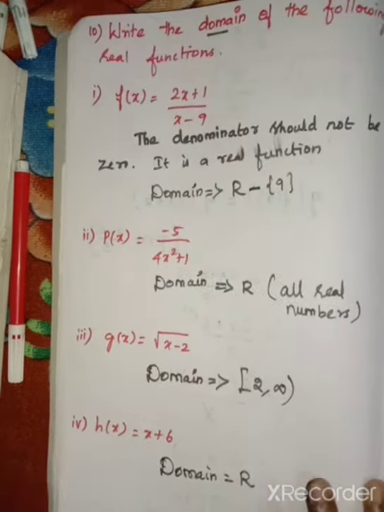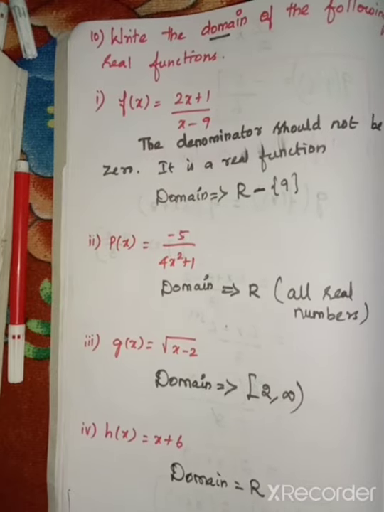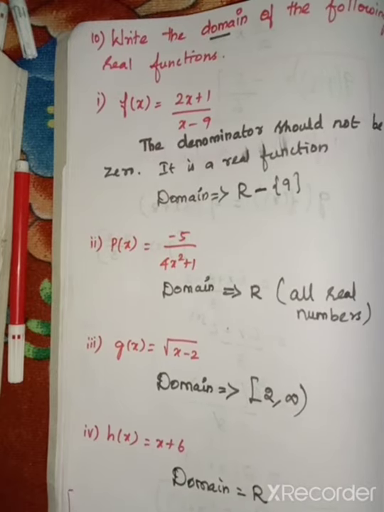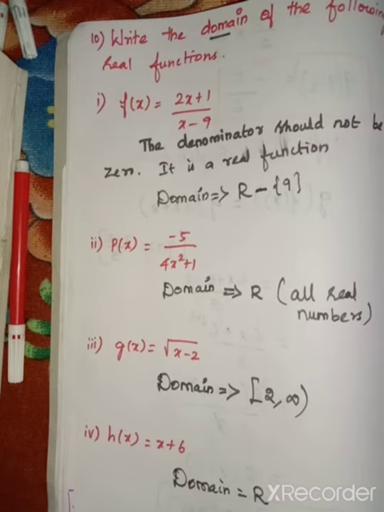Again I repeat, only when it is in the denominator do you check that it should not be 0. If the denominator becomes 0, then it is not a function. So in the first subdivision, if we put 9, we get 0. So we can omit that. So except 9, all are real numbers for the first subdivision. For the second one, we can use all numbers, negative and positive, because here we have x square. So negative numbers also will be changed into positive. So if you add, we get one value.